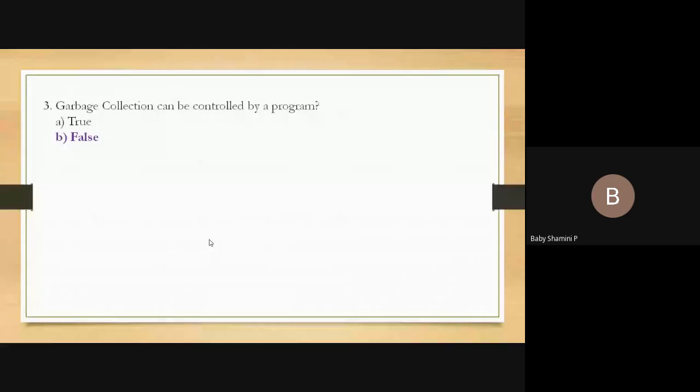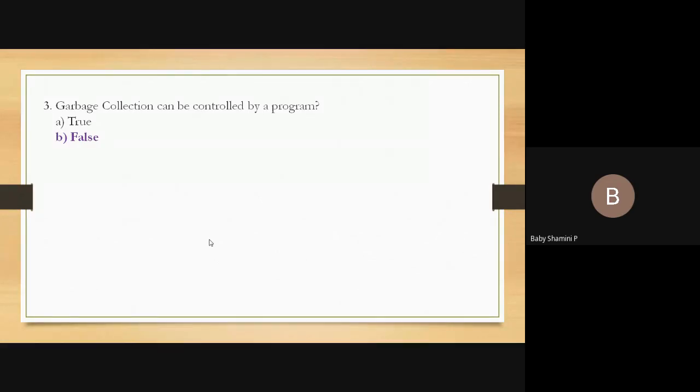Why? Because in Java, garbage collection is done automatically by the JVM. If you consider the language C, it uses the function free to remove all the unused locations and unused objects. And C++ uses the function delete.